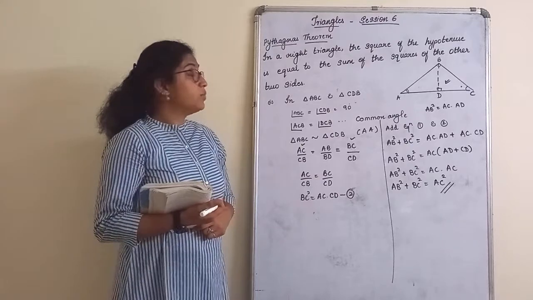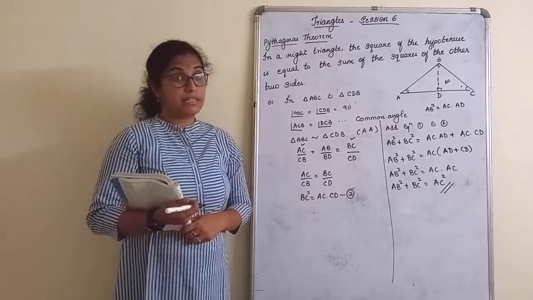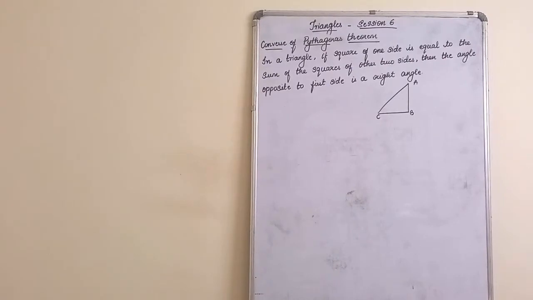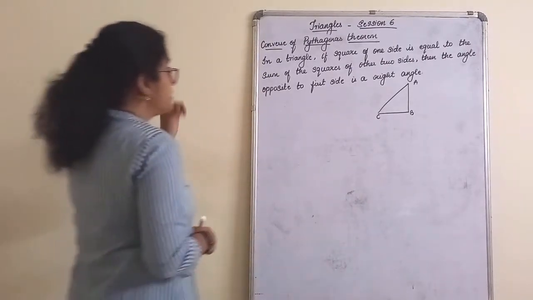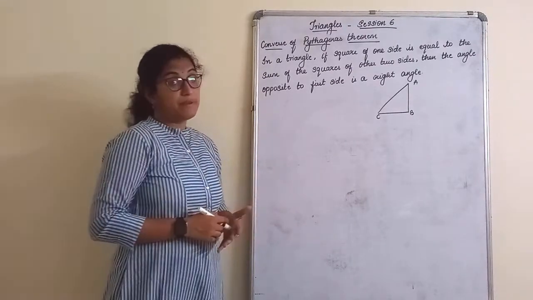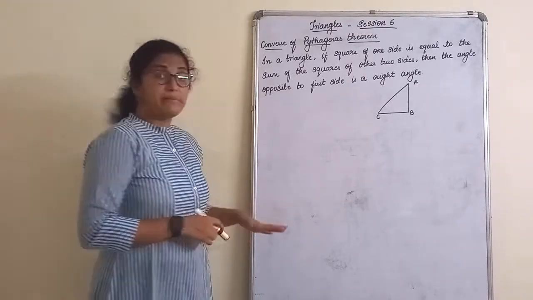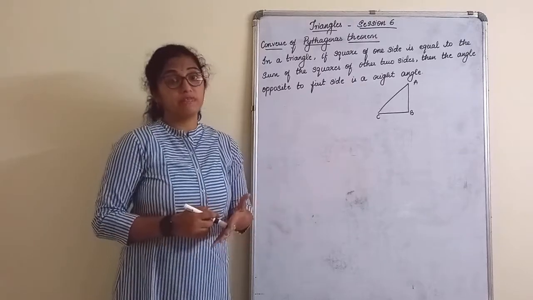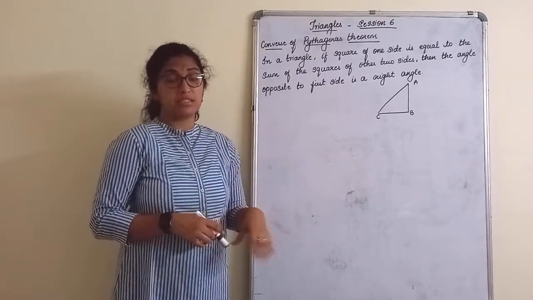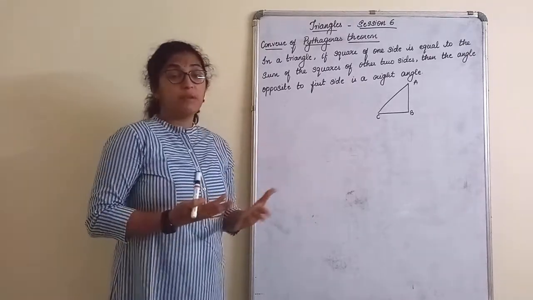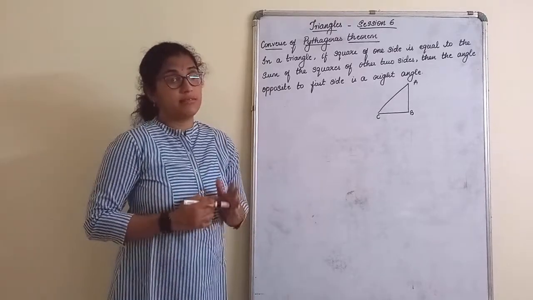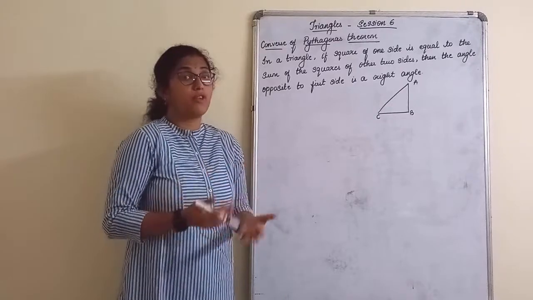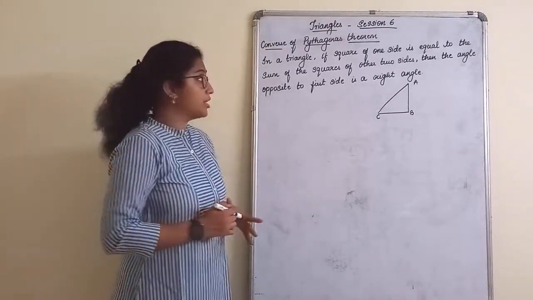So now we'll see what is converse of Pythagoras theorem. The next important is converse of Pythagoras theorem. So sometimes what they do is they only ask what is converse of Pythagoras theorem. Only statement is asked. Or sometimes, state and prove converse of Pythagoras theorem. So Pythagoras theorem, either it is asked straightforward or in the form of converse. Both are very important. So what is converse?